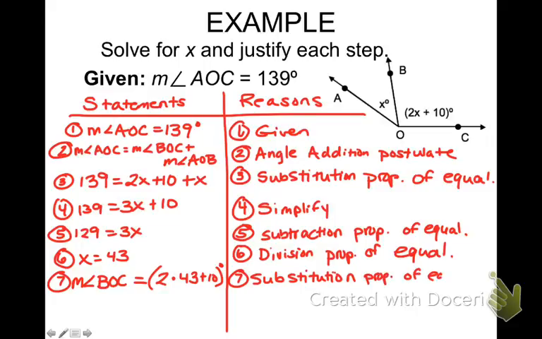And then what would be our last move? Simplify. Good. Addition property would only work, Seth, I'm glad that you said that. Addition only works when you add on both sides of the equal sign. So we're just simplifying. So the measure of angle BOC would equal 96 degrees. Okay, so I'm going to have you